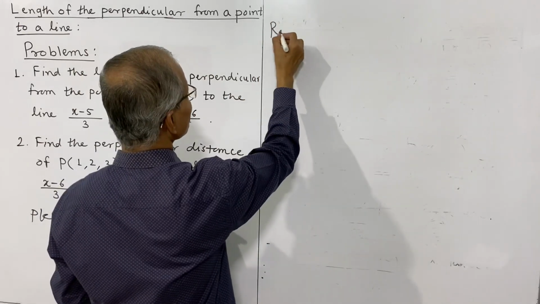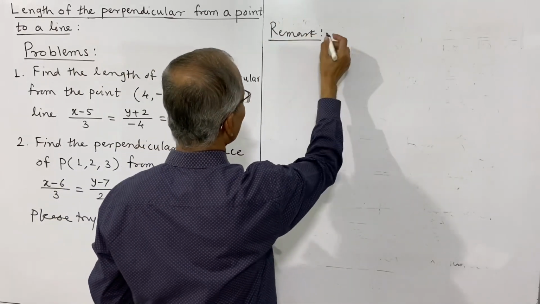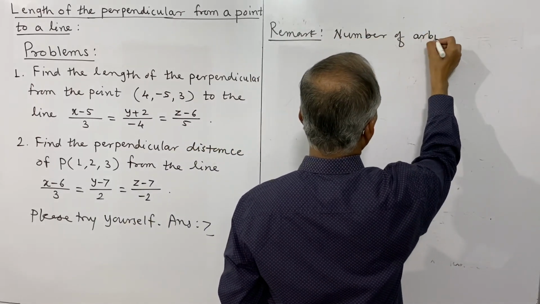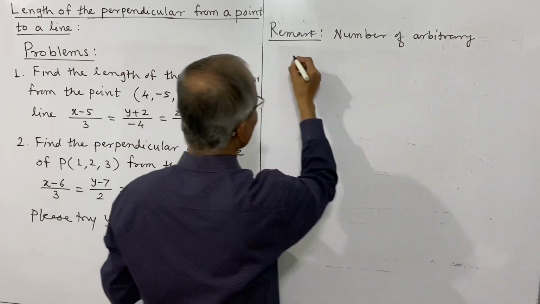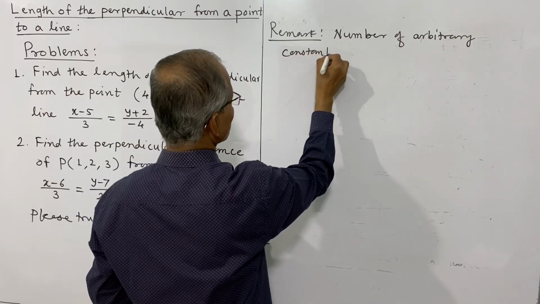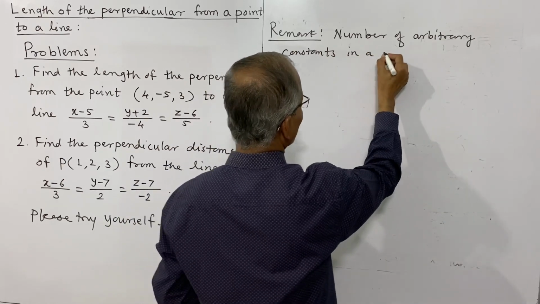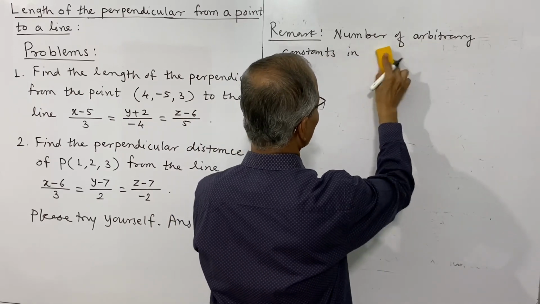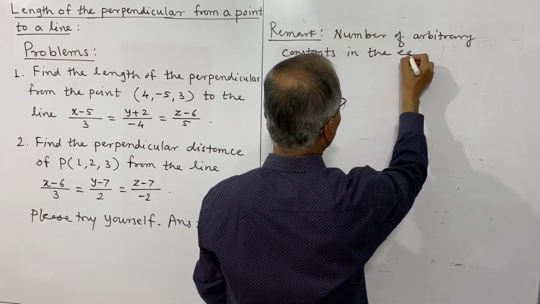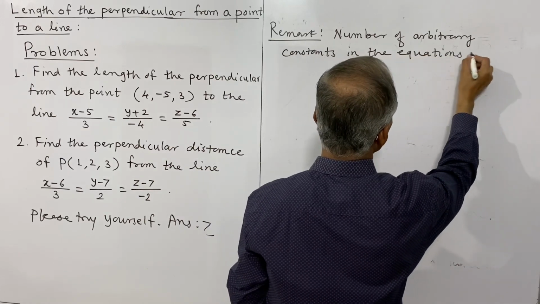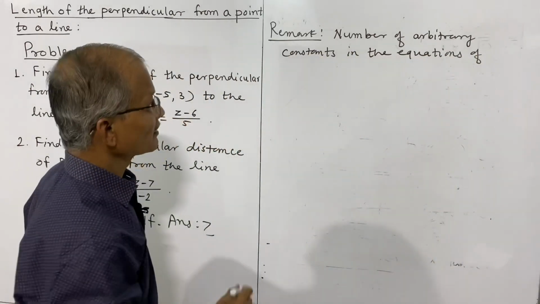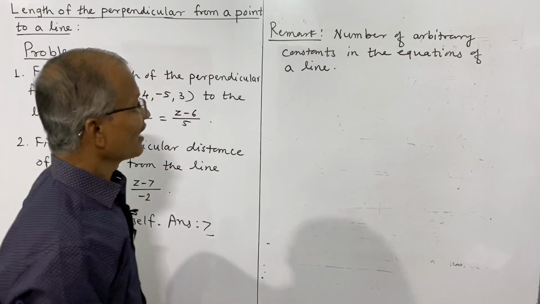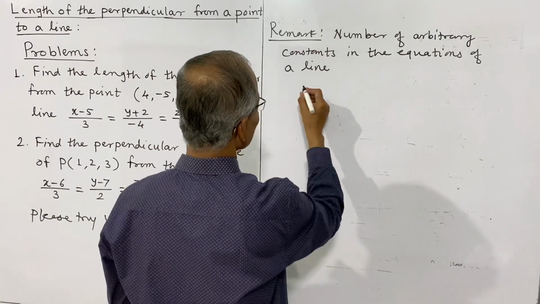This is a remark: the number of arbitrary constants in the equations of a line, because there are actually three equations in a line, and the line we may consider as